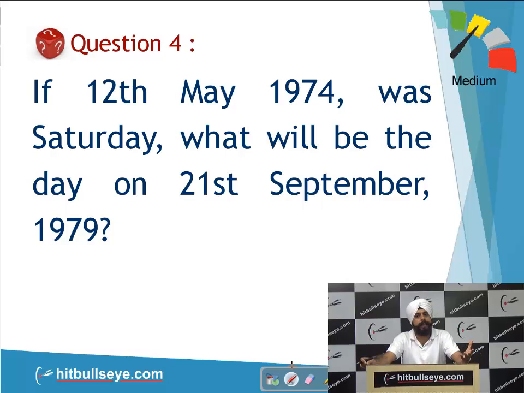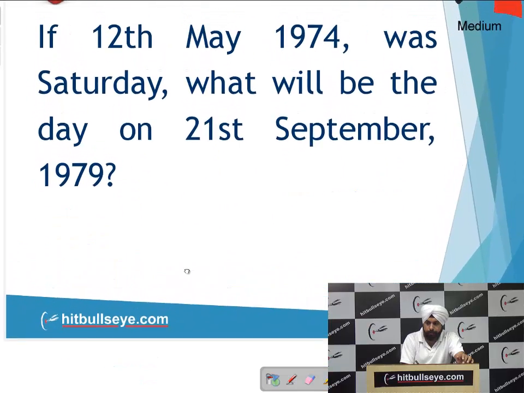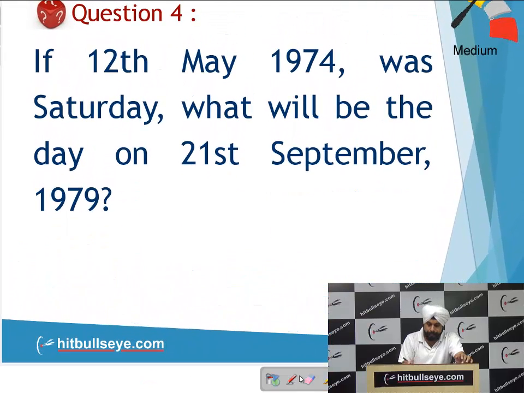So you cannot apply that, or if you want to do that, you need to check it for 12th May 1974, whether it was a Saturday or not, and then you do the same for 21st September. That is, if his calendar is 2 days in advance, even you will advance it by 2 days, finding the actual ones, or you will also delay as per the case. Or students, the second approach that you can apply in order to answer this is, instead of going in for the day, let's move as per the statement.